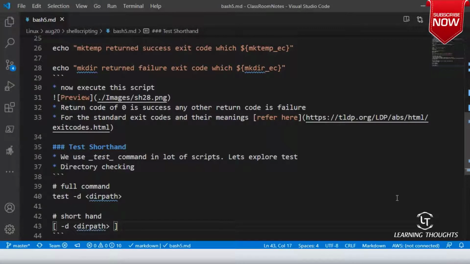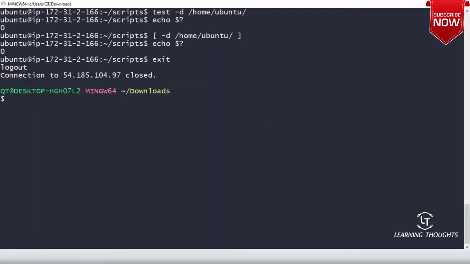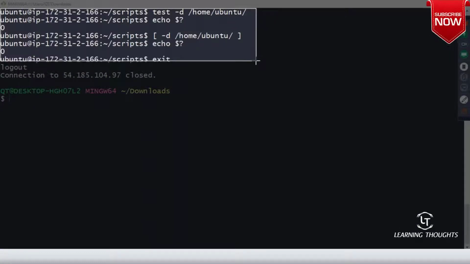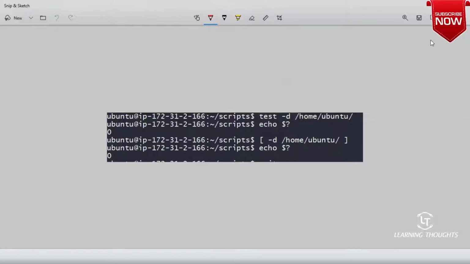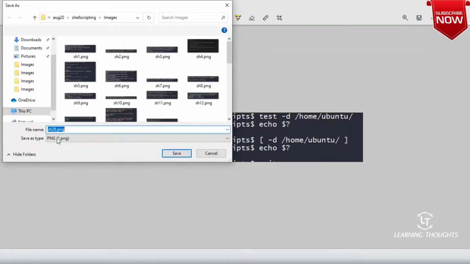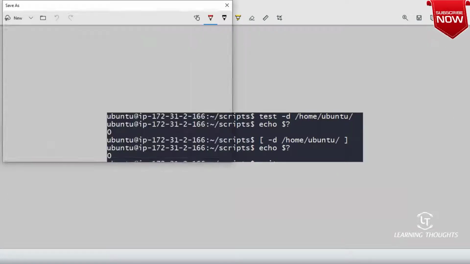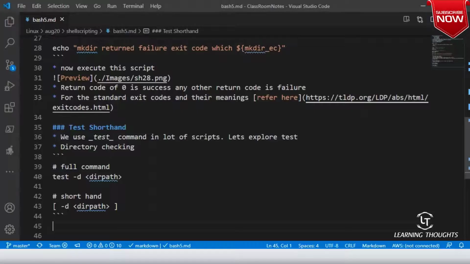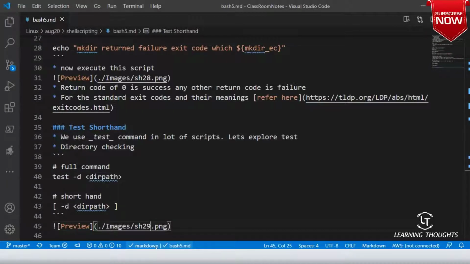Am I clear on this, sir? So now as an example, I will give you a screenshot of this. Is this making sense, sir? Sometimes you would see in the shell script people doing this, right? And it sounds confusing. What is that square bracket and what is all of it? Sounds like as if something strange is happening there. But nothing is strange over here. It is just a shorthand notation, right? Once people become decent with their shell, they try to use this. Am I clear on this, sir?